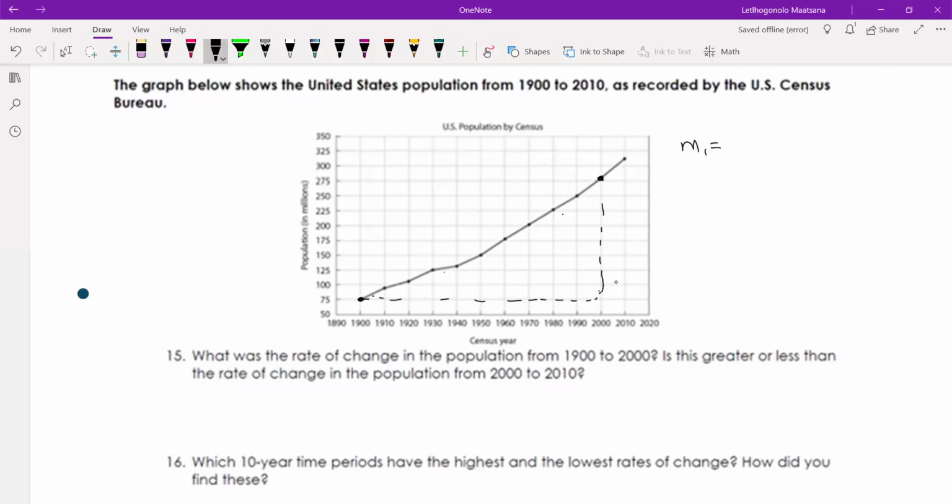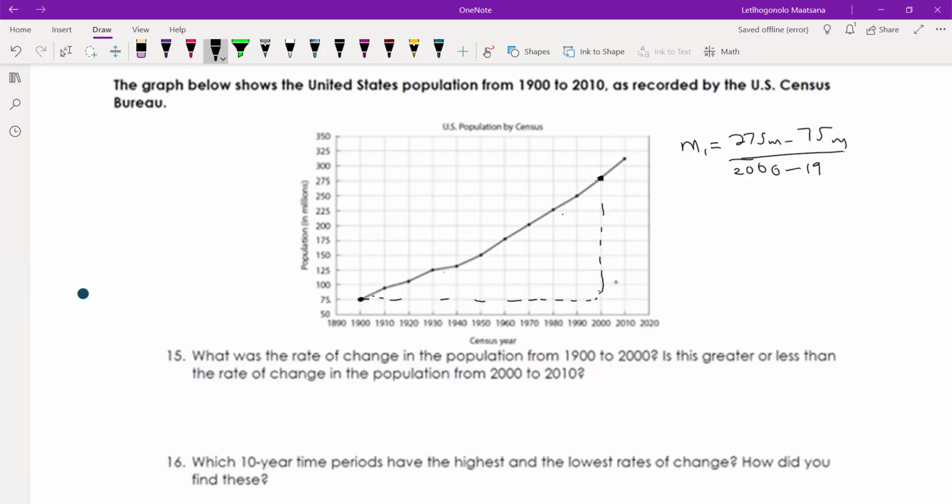So in terms of our y, let's start with the one at the top. We had 275 million minus, at the bottom, 75 million, and we will have a difference of 2,000